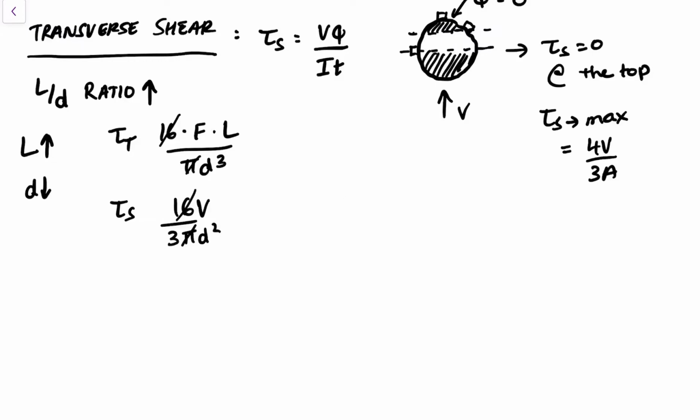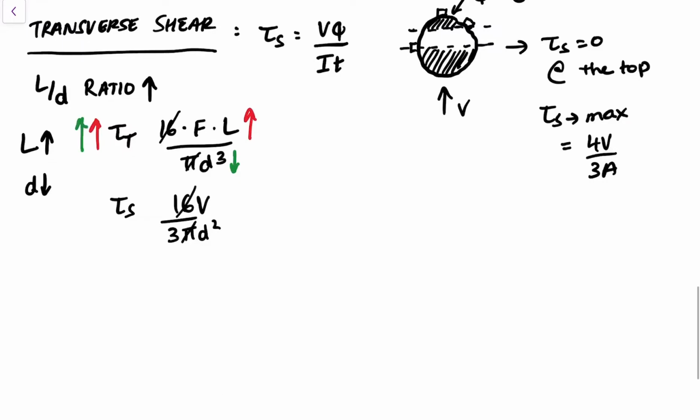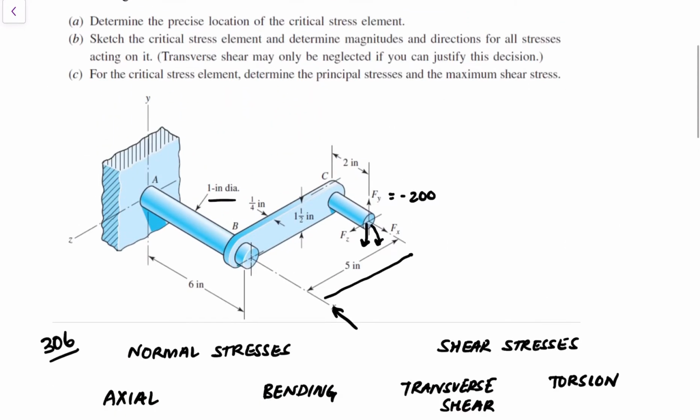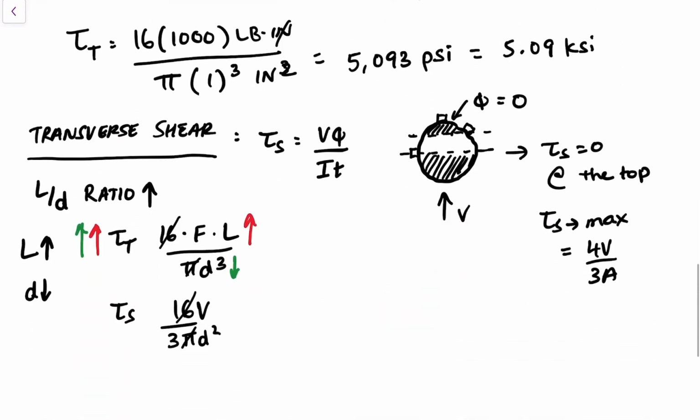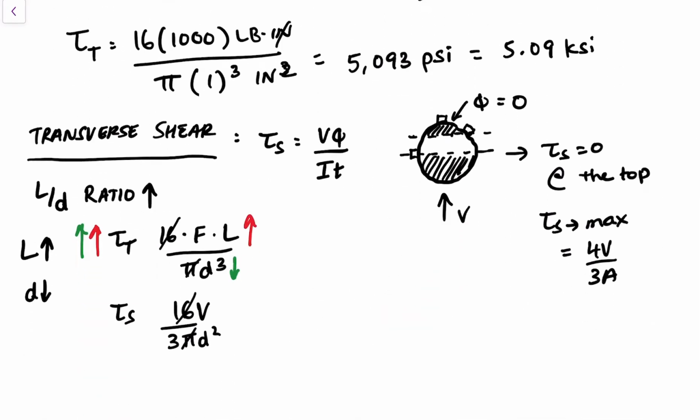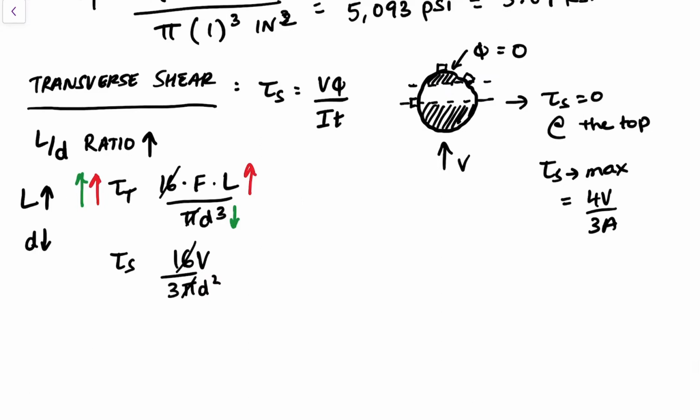So L by itself, if it's high enough, is going to increase tau T a lot, right? And it's not going to change tau S. And also, if D is really small, the denominator is going to drop a lot more than it will drop in tau S, and will also increase tau T. So in this case, we have a 1-inch diameter versus a 6-inch length. So this is a ratio of 6, and that's a pretty high ratio. And you can make the assumption here that tau S, or the transverse shear,